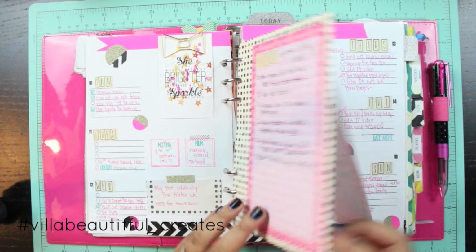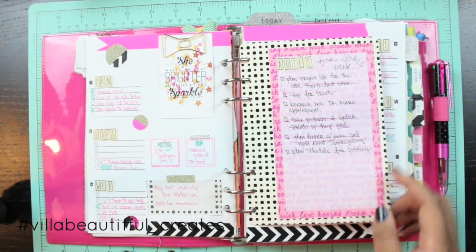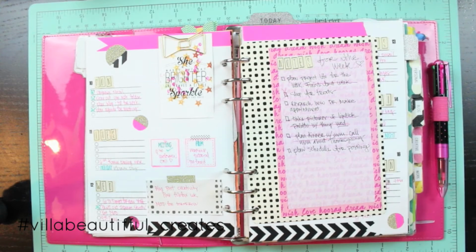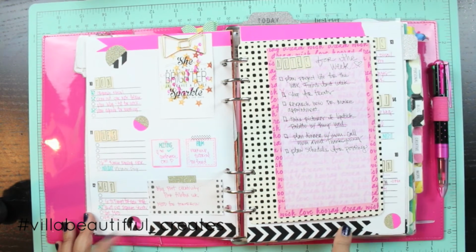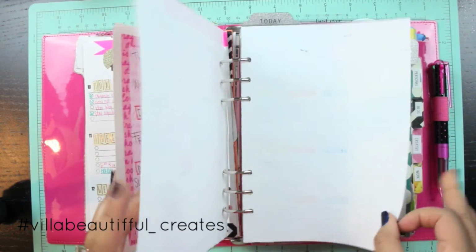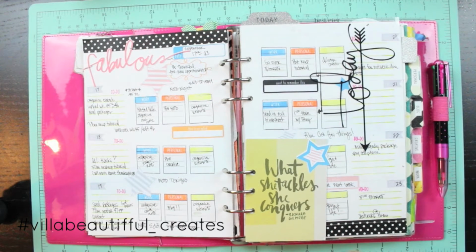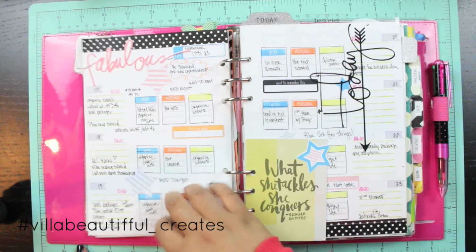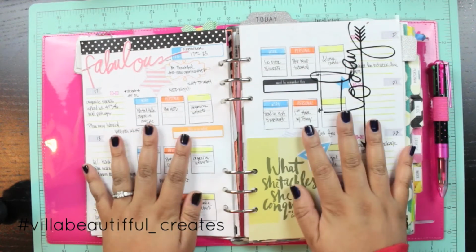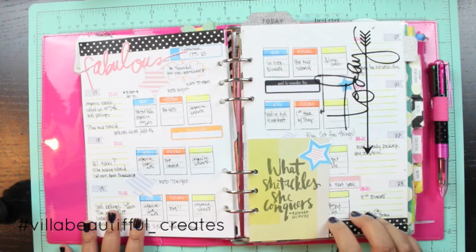This one was really fun, totally girly, and I practically got all of the materials for this layout at Target in the dollar section. And to give you a sneak peek of this week is this one. And again, I do have a video for this as well. So going forward, every week you will see a video so you guys can have inspiration to decorate your own